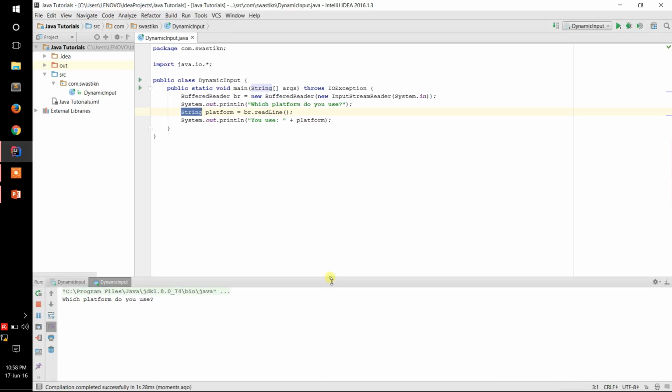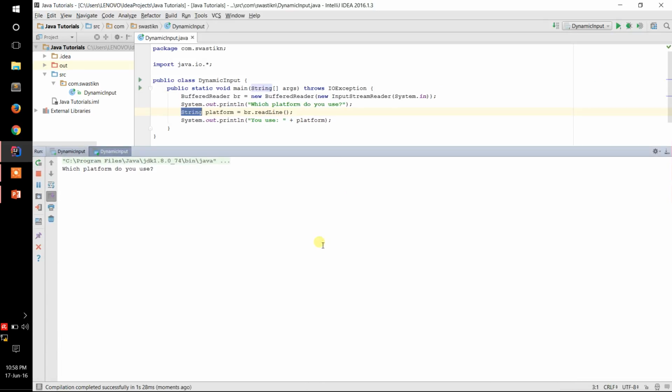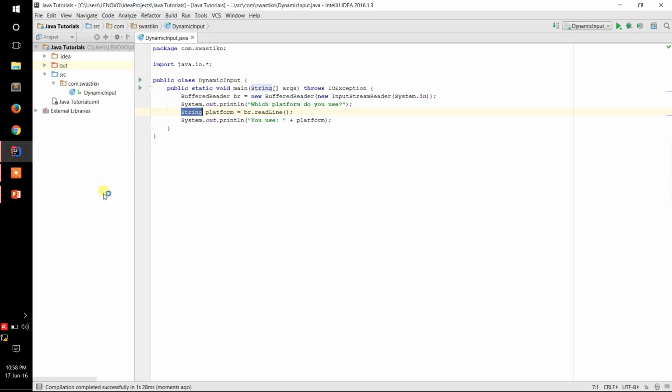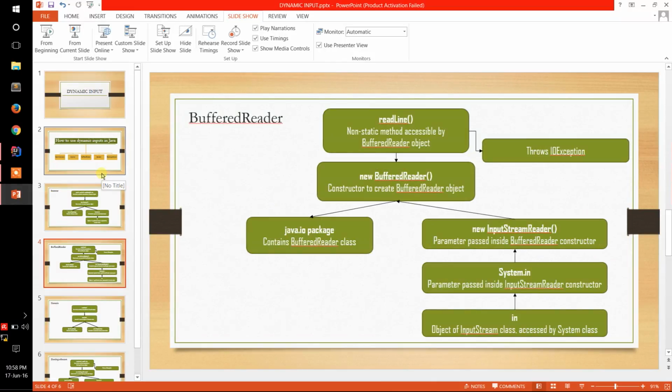Yeah, it asks me what platform do you use. Say I use, and it gives me an output. Simple enough. Now the next way of taking the dynamic inputs is